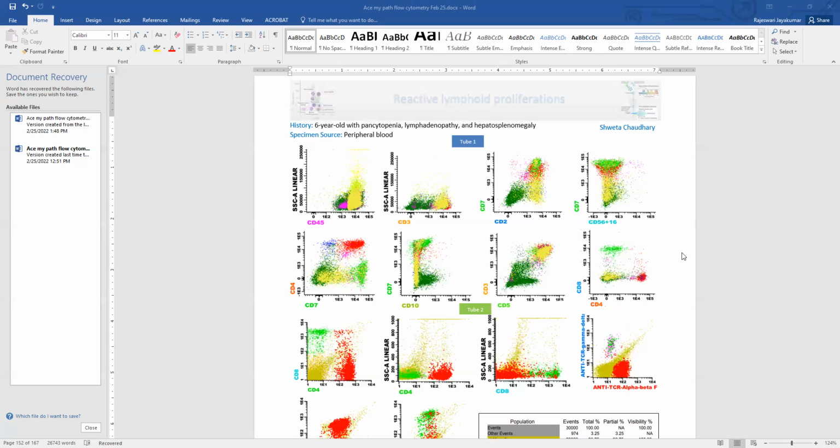a condition which is called autoimmune lymphoproliferative syndrome. So autoimmune lymphoproliferative syndrome is a genetic disorder. You see lymphoid proliferation because there is a defect in the apoptosis, because these patients have mutations in the FAS gene, and so there is defective apoptosis, and they present with pancytopenias or variable cytopenias. They'll have splenomegaly, hepatomegaly, and lymphadenopathy.